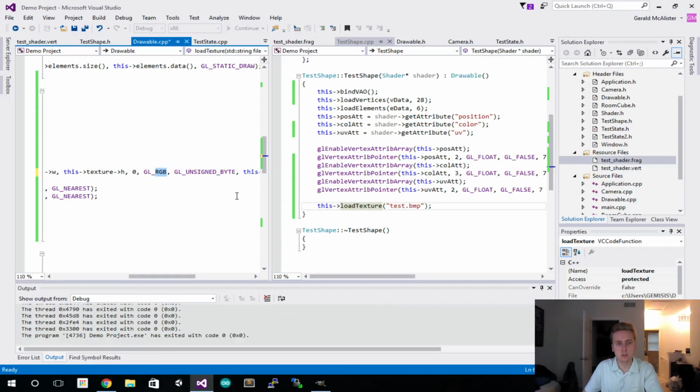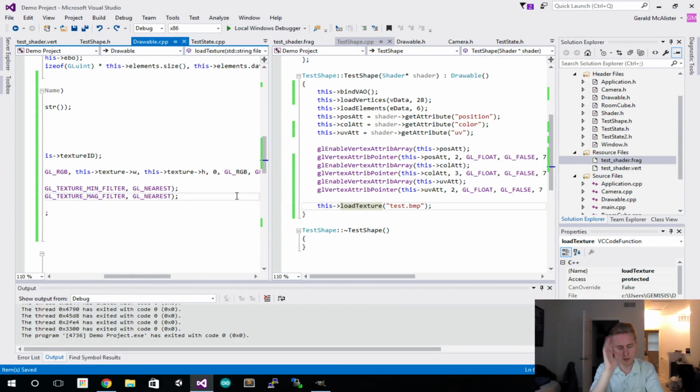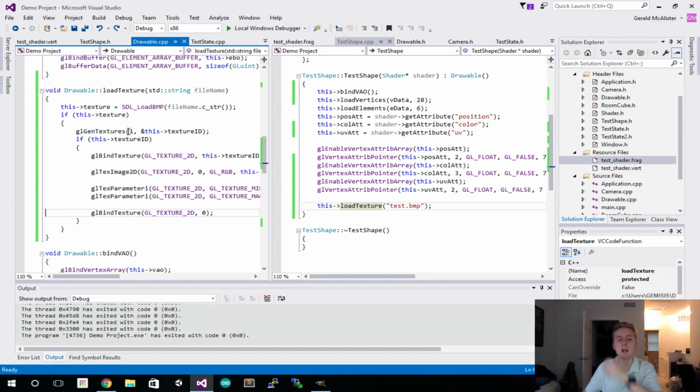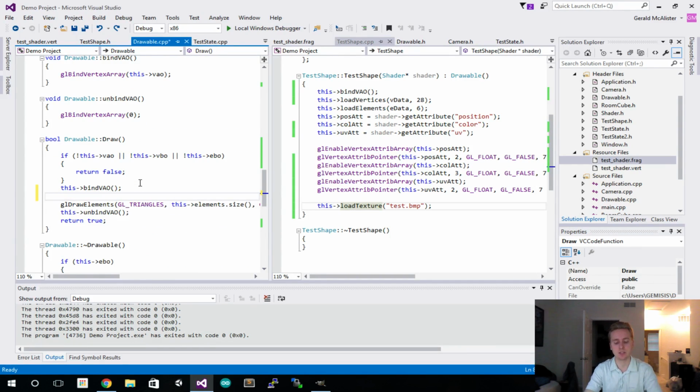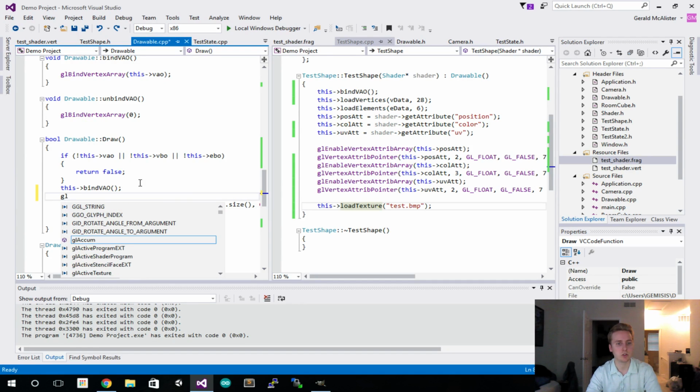Oh, duh, okay, I completely forgot a step. I know exactly what I forgot. My apologies, guys. It's been a slow day. Okay, so remember, we had to bind our texture here. We also unbound it. So whenever we draw our object, we still have to rebind and unbind it. Same thing. So now what we want to do is GL bind